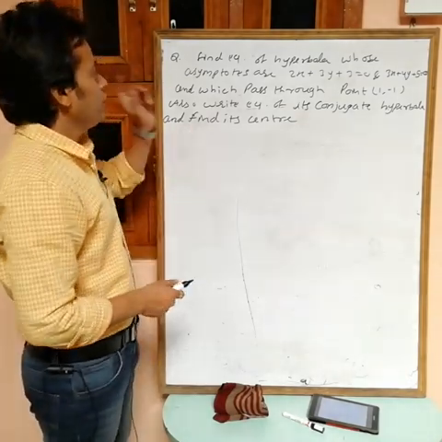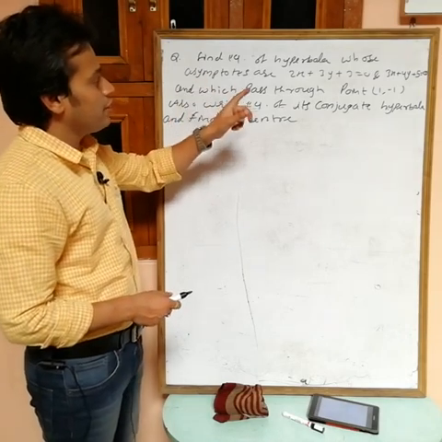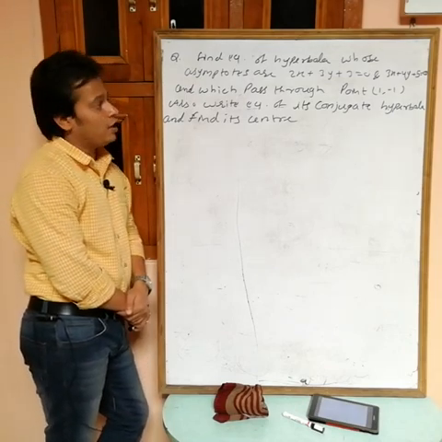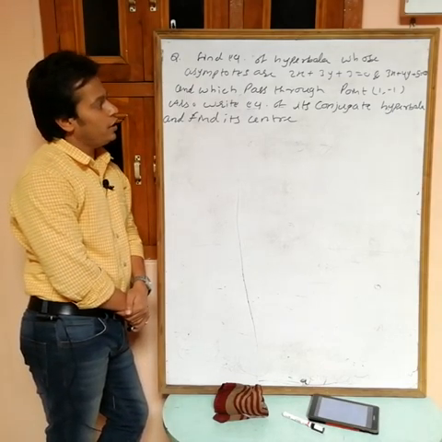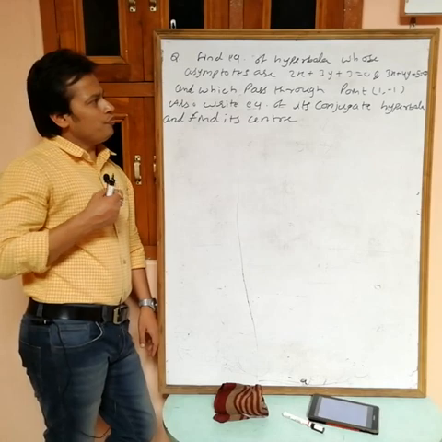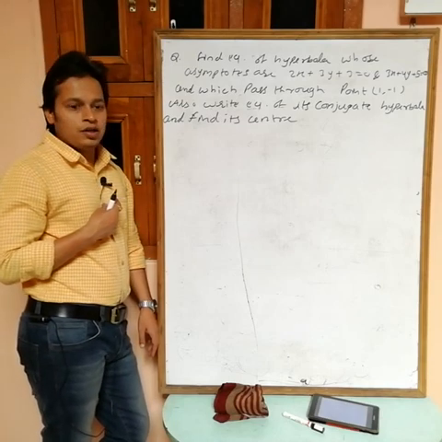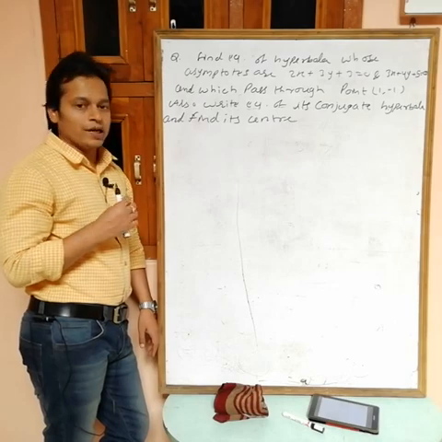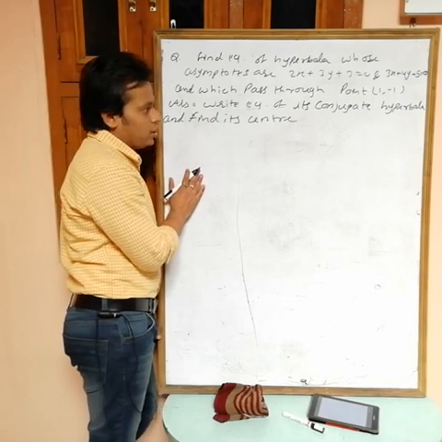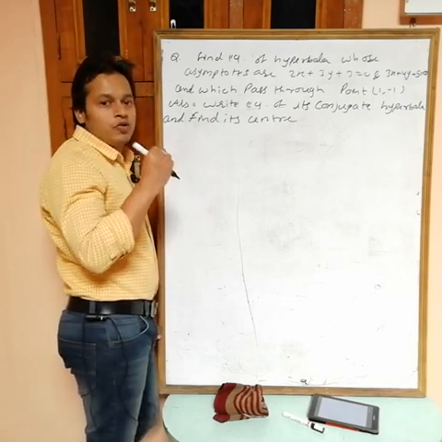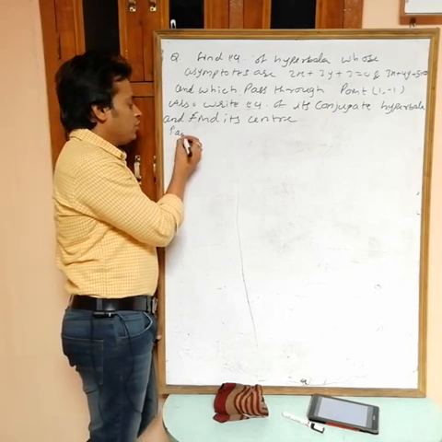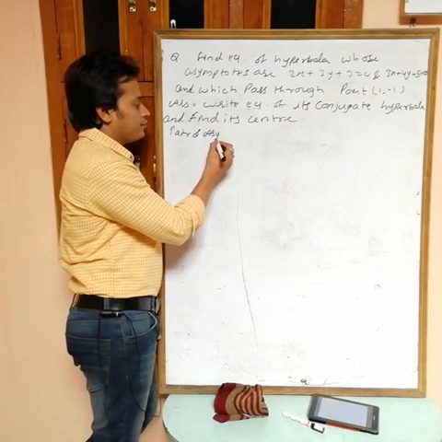Okay, now see what we want. The asymptotes are given, 2x plus 3y plus 3 equals 0 and 3x plus 4y plus 5 equals 0, and we want the equation of the hyperbola whose asymptotes are given and which passes through the point (1, -1). First, if both equations of the asymptotes are given, then I can find the pair of asymptotes. So first find that, because we know there is only a change in the constant term between the equation of the pair of asymptotes and the hyperbola. So first, the pair of asymptotes.